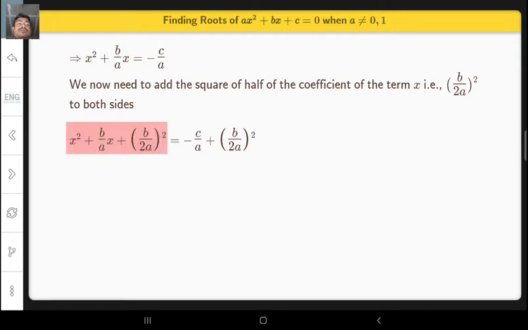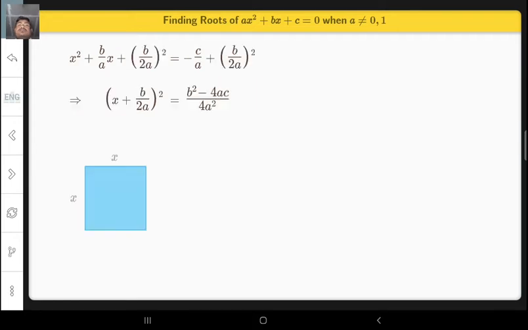The first three terms can also be written as x plus b by 2a whole square is equal to b square minus 4ac upon 4a square. We can see this graphically as